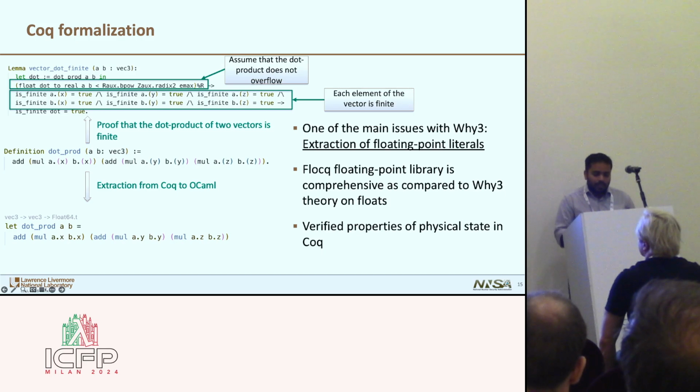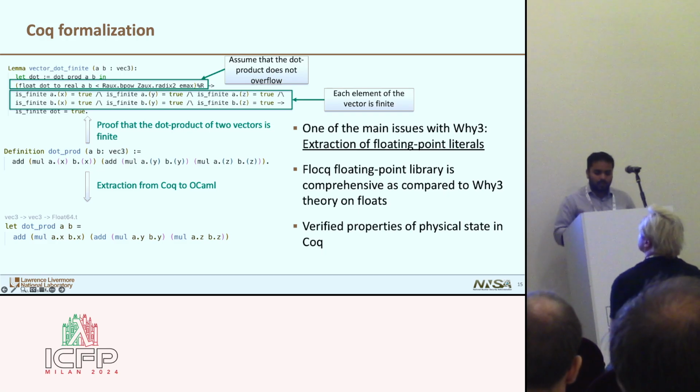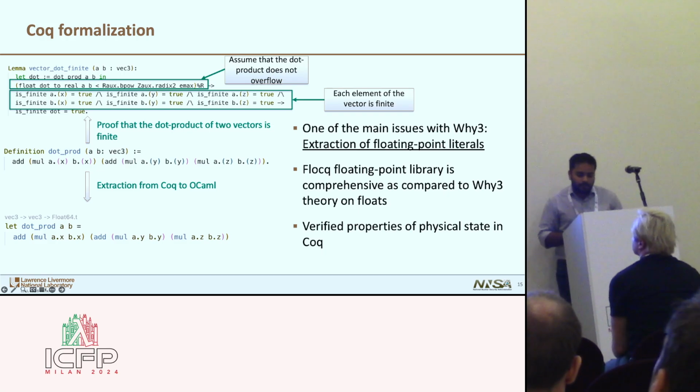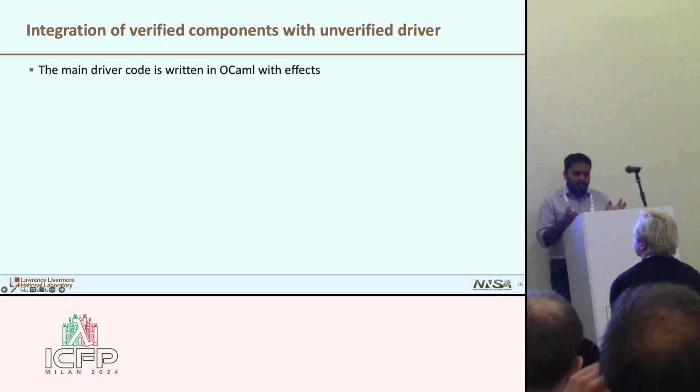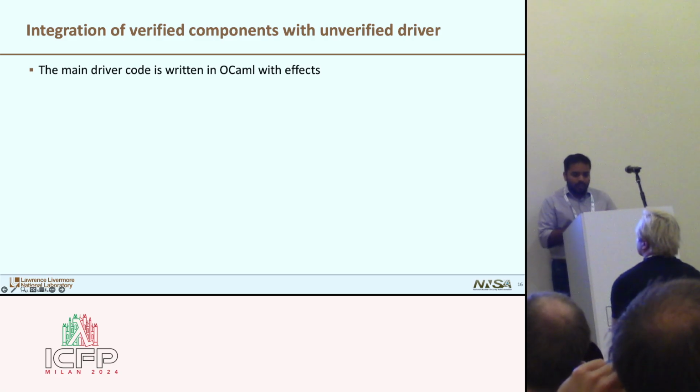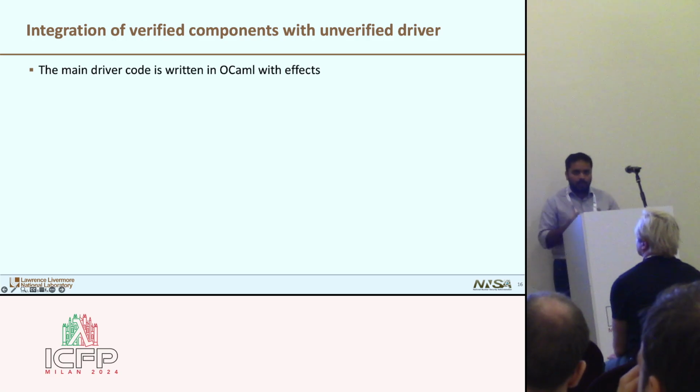So the example we use here is very simple, but we have used a similar approach to verify some other complicated properties about the linear and the circular motion of the printer head. So to summarize, what we have so far is a verified core library of the data structures and the linear algebra operations, and we have extracted them to get